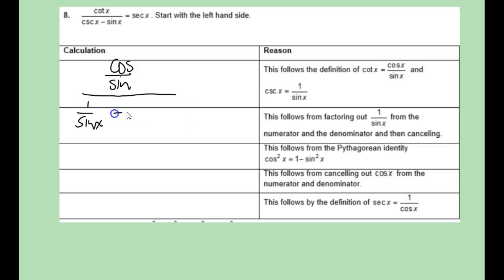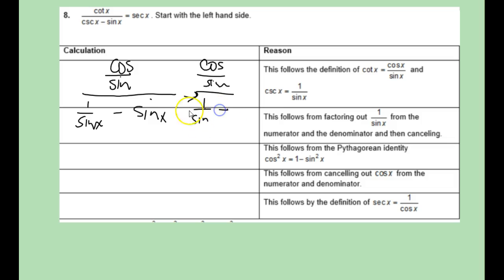And then I still have my minus sine x in the bottom. So now I'm only dealing with cosines and sines. But the second step tells me that I need to deal with 1 over sine x and factor that out. Well, in order to have that factor in all of my terms, I have to deal with this other term in my denominator. So this whole thing becomes, my numerator stays the same, and my first term stays 1